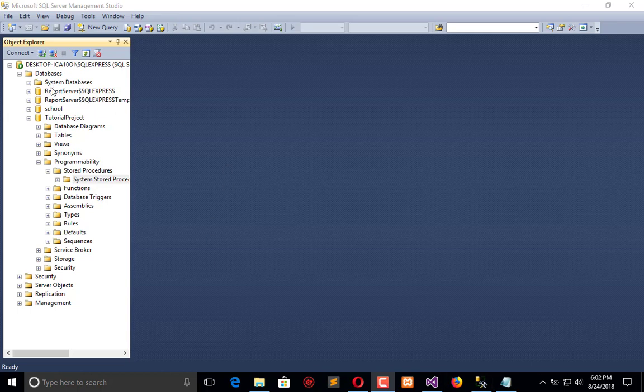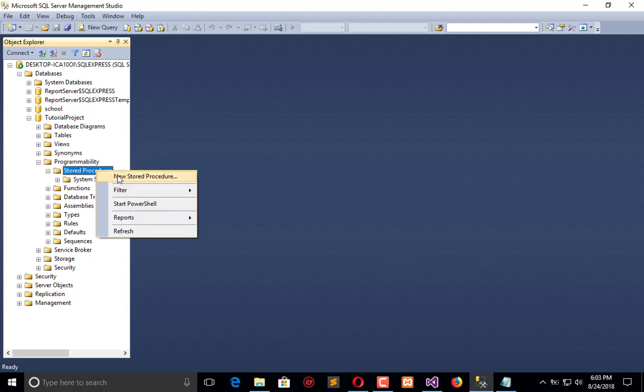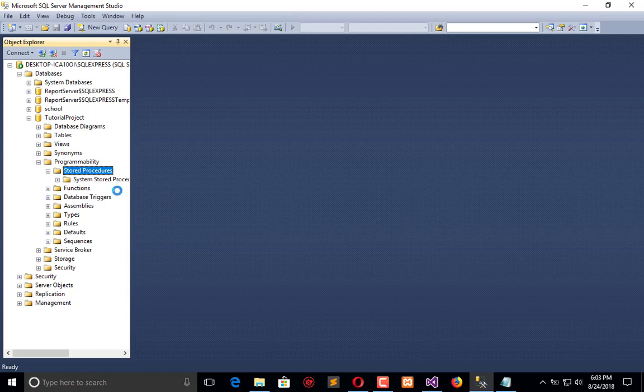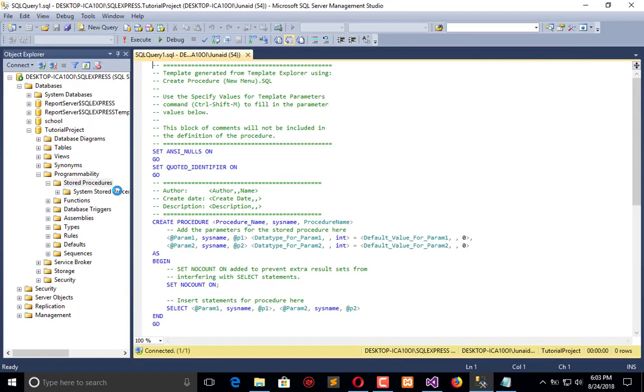So come to the database and then programmability here, and then in the store procedure right click here and add store procedure. Click on new. You have to give the name of the store procedure and the variable which you want to use in that. Here is the template of store procedure. I will remove this and